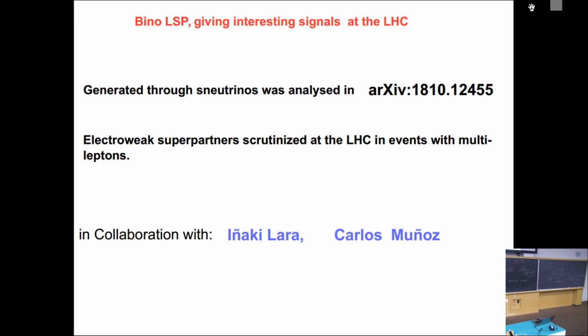Okay, this is not the main motivation for my talk. My talk is about dark matter, but let me say a few words about what happened with the particle that we were expecting to be dark matter, no? Because in principle in our head, in an R-parity conserving model, the neutralino is the dark matter candidate. Then what happened here to the neutralino? Well, the neutralino is going to decay because everything decays to standard model particles. And well, this is one of the analyses. There are a lot in the literature. This is one that we have carried out a few months ago.